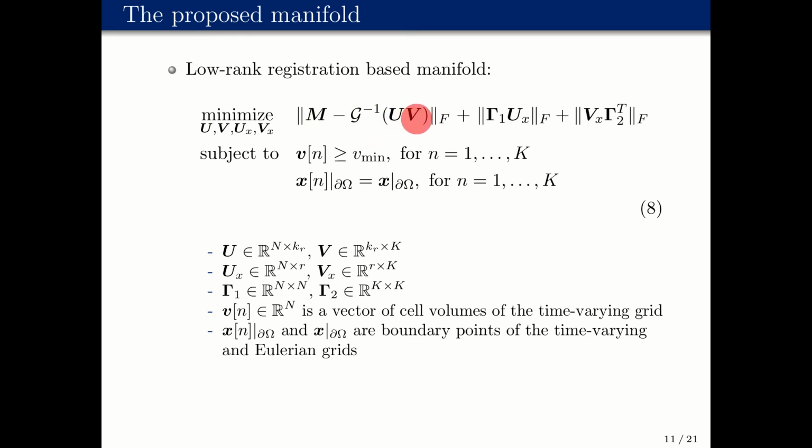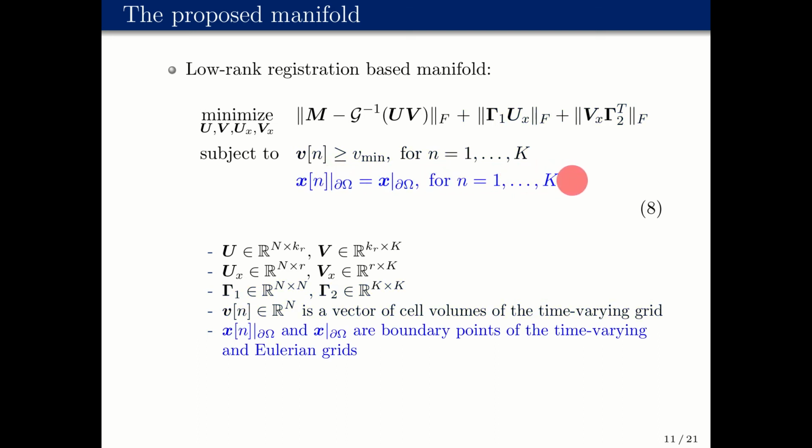And also we have the penalty terms here, gamma 1 and gamma 2, that are the hyperparameters that penalize any abrupt change of the grid spacing. So they are proportional to the second derivative of the grid location or the first derivative of the grid spacing, however you want to think of it. And we want our grid spacing to be positive in all the domains, so we have that constraint. We are also often interested in keeping the boundary points intact, so I have that as